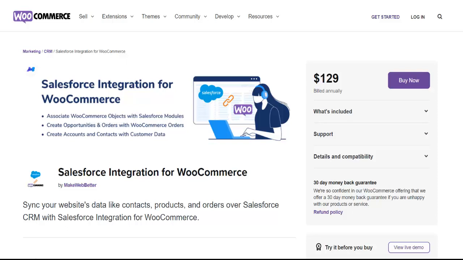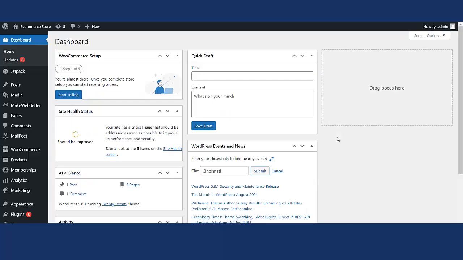In today's demo video, we are going to show you how you can integrate your WooCommerce store with Salesforce CRM in just a few quick steps and begin effective marketing automation with the Salesforce WooCommerce Connector plugin. That's an all-in-one smart solution for your sales and marketing team. So let's get started. Okay guys, we have started with the demo video and right now we are on